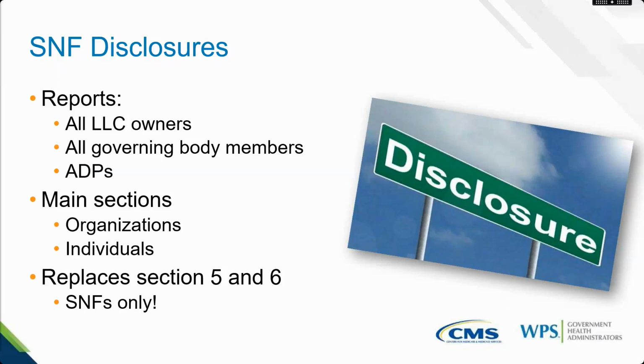And then the biggest change is going to be reporting ADPs. Now this is going to include, and this is where you get into the 5th section, the organizational structure of each ADP. So not only are they going to be reporting those additional disclosable parties, but we're going to be asking questions and need reporting on the organizational structure of that ADP and relationships to SNF. Okay.